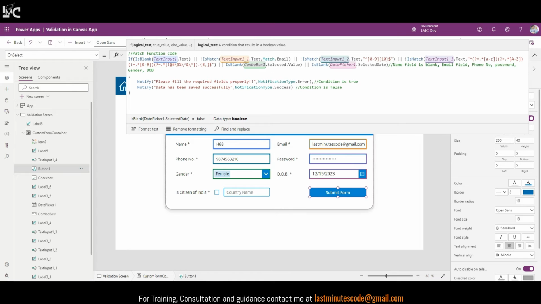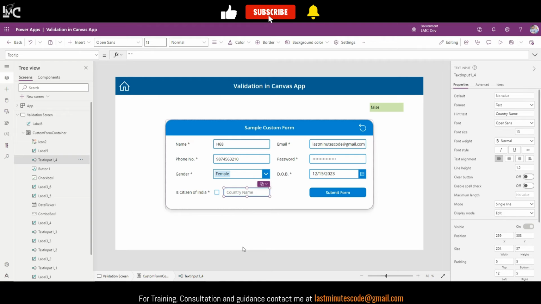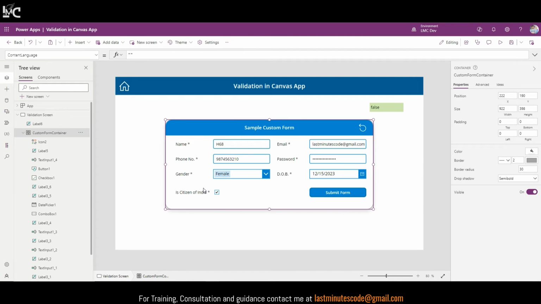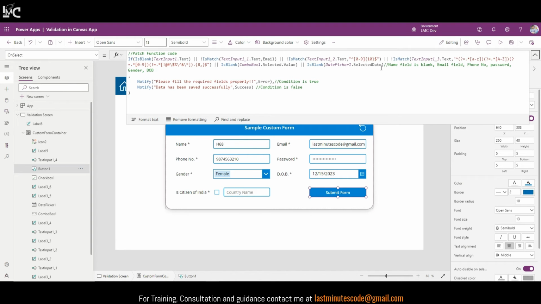Okay, now see up here, we have this checkbox here, right? If this is ticked, then no need to validate this country name field. If this is ticked, then no need to even check this field. But if it is unticked, then check this, and this country name should contain the name of the country. It can't be blank. If it is ticked, that means our country is India. Well and good. But if it is unticked, then we have to validate this field. How will we do this? So for this use case,